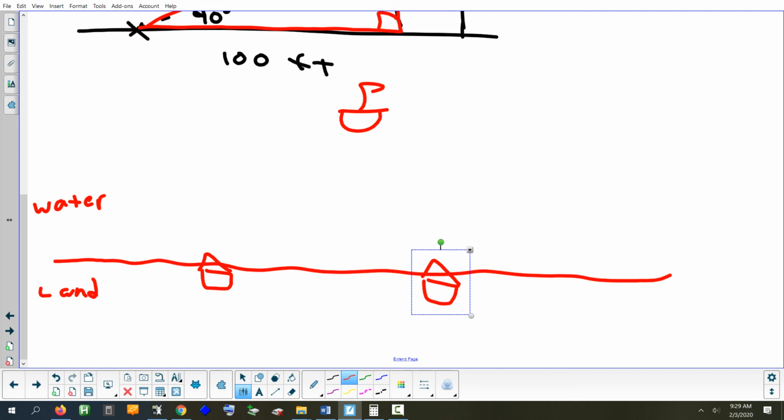But as long as each Coast Guard station can see where the light is on that boat, the 2 Coast Guard stations can work together and tell the boat exactly where they are. That's called triangulation. You're figuring out where a third person or third thing is using 2 other people to do it. So the idea is, if this Coast Guard station was working by itself and it didn't have anyone else